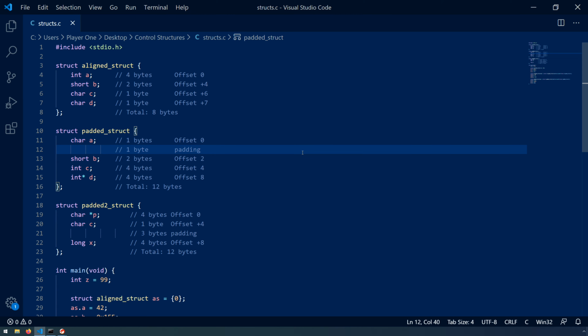Welcome everyone to our next video here, in which we'll continue to explore some of the basics of reverse engineering using Ghidra. In this video, we're going to take a look at structures. So we'll define a few structures that use both the stack and the heap in order to store the data for their members. We'll compile the program, disassemble it, and then look at the disassembly as well as the decompiler